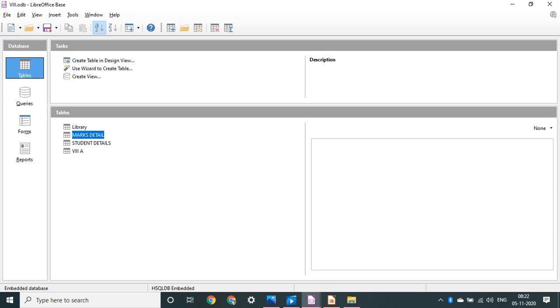Good morning, students. Today we will start lesson number 9, that is working with queries, forms, and reports. So, in this chapter, the first thing is we will do relationship with tables. In this case, students, we have to work on multiple tables, right? Suppose in one database we have multiple tables, right?